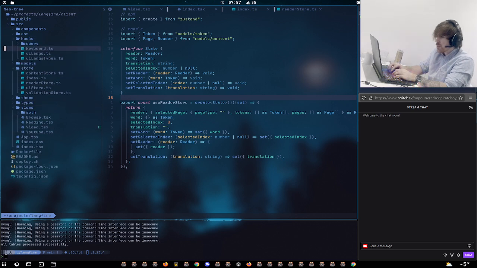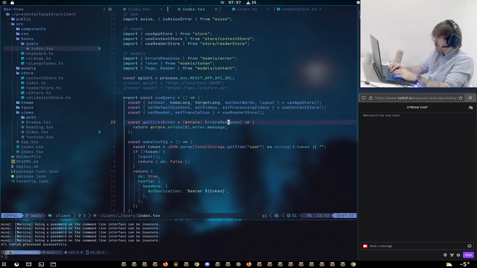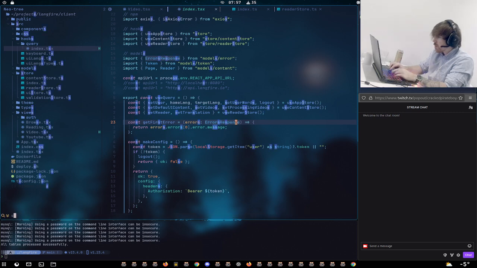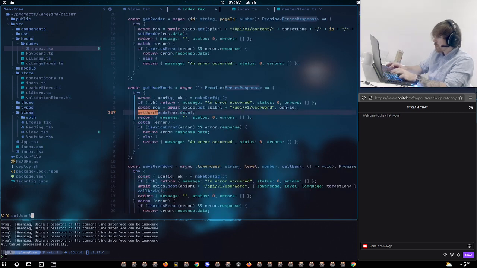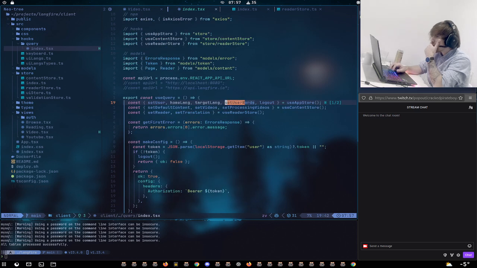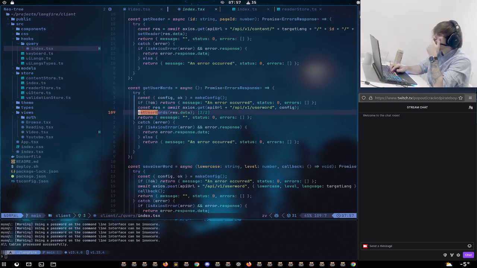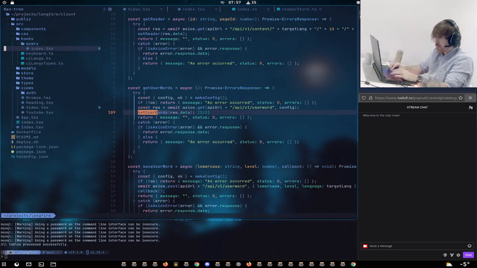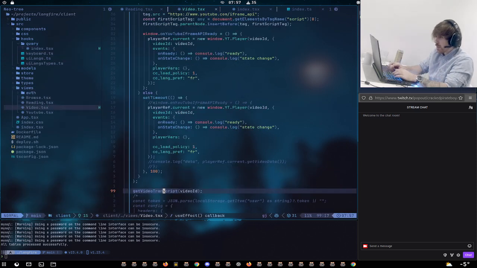Should be like hooks, query, set user words. Get user words, only one. They're so strange. It's strange because the user words get cleared and I don't see how or where. They might not get cleared. It is worth confirming that.